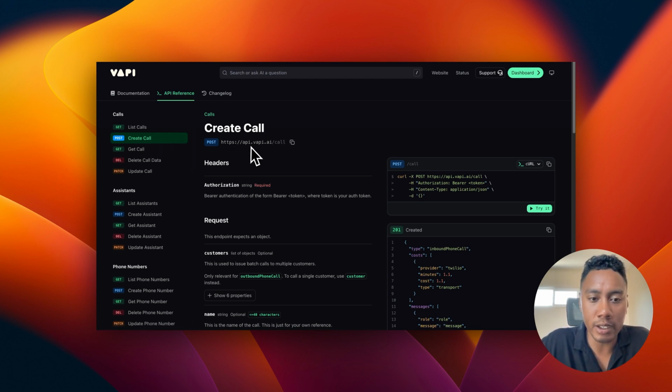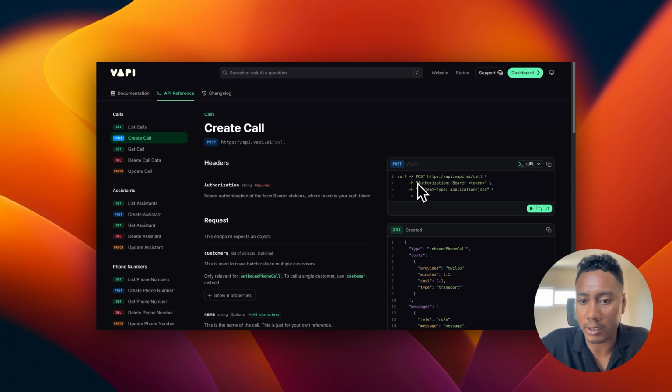So we can see right here that we're given this URL endpoint /call, and the method is of type post, because we're going to be sending data, which is going to be the user's name, the user's phone number, the service that they need, and yeah. And then if we look right here, we can see all the data that we need to provide in order